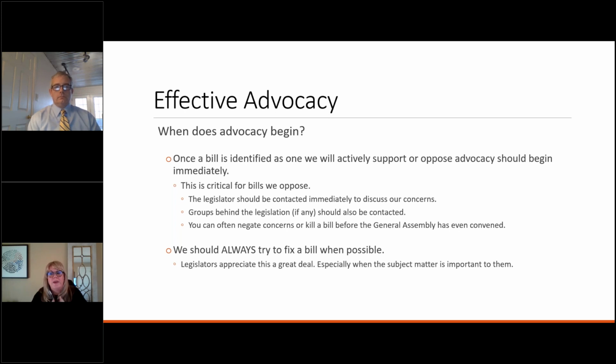First, we want to try and see if we can fix it, right? Fixing it is going to be the best course of action, and a lot of times it is going to use a lot of our political capital, but it also means that we're working closely with the other stakeholders. So again, that's why James is so vital to what we do, because he is working hard to build those coalitions with the other lobbyists for the other stakeholders that I mentioned earlier, to be sure that we're all sharing information and that they're coming to him and saying, hey, my group's thinking about doing this. What do you think?